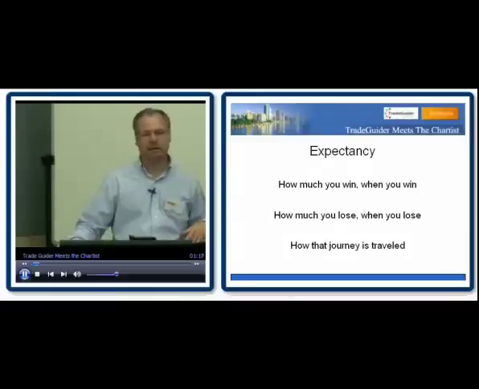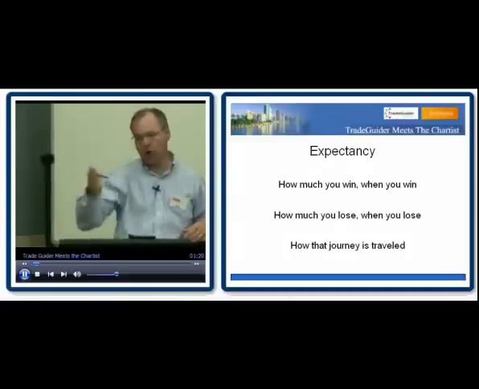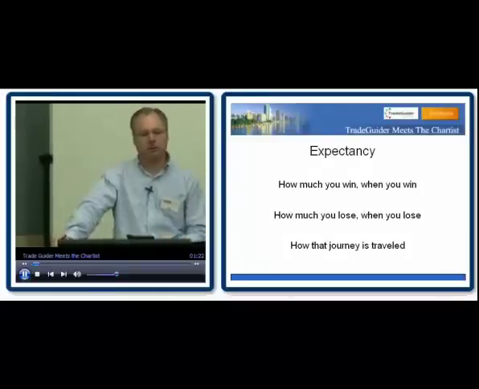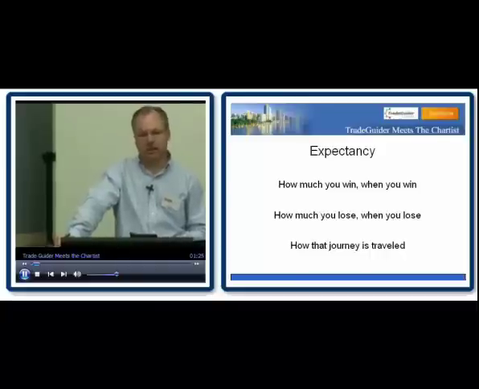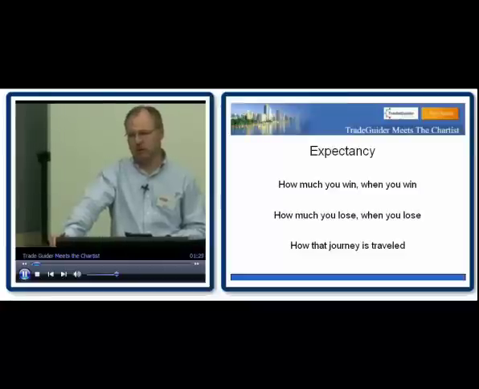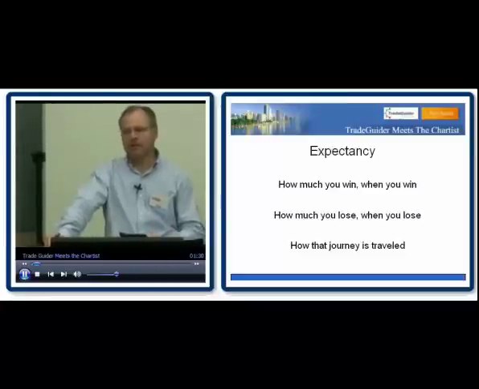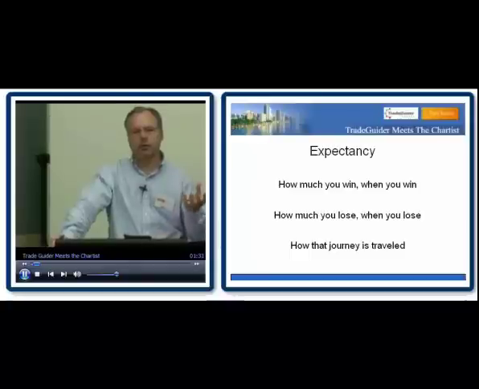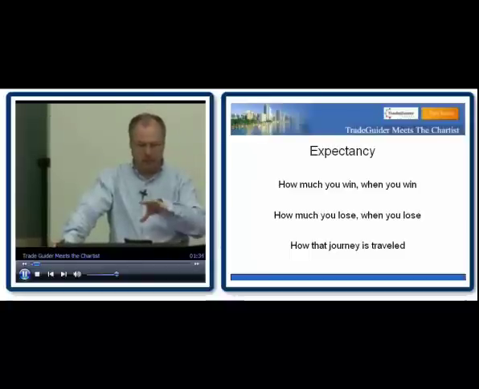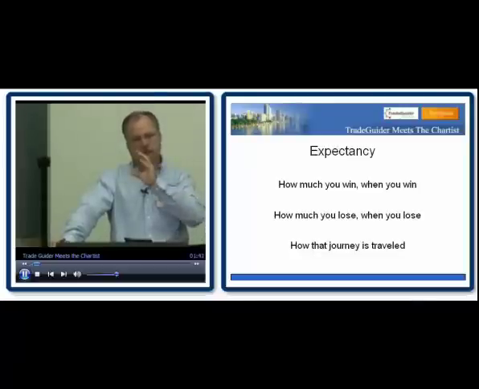We're going to talk about expectancy. I know a lot of you have heard about expectancy. I know a lot of you have heard me talk about win-loss ratio, percentages, so on and so forth. But this is paramount to understand and then use for the benefit of you, because whilst everybody has to have a positive expectancy to be a successful trader, there are different sections of expectancy that suit you, not necessarily me,